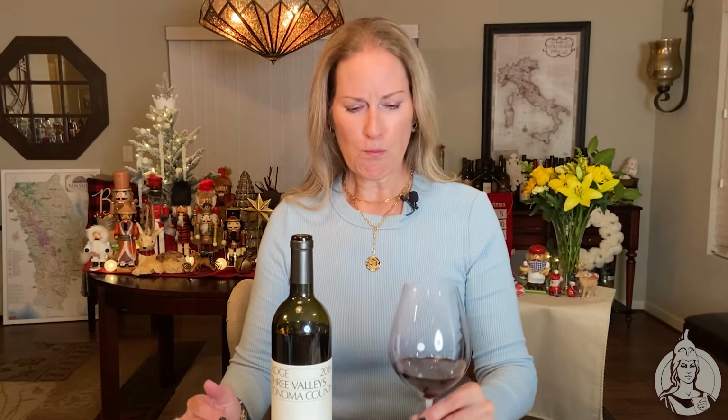And highly rated, if you care about that. Yeah, a little bit of the deep black cherry, raspberry. Slight lingering notes of even vanilla I'm getting there. Very complex, but very beautifully balanced. There is tannin in there, but it's not harsh. So